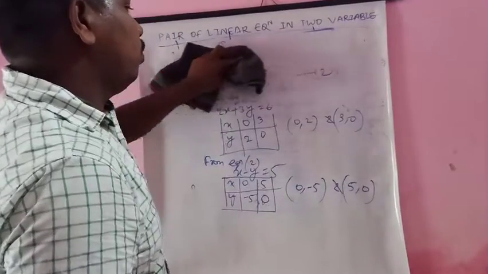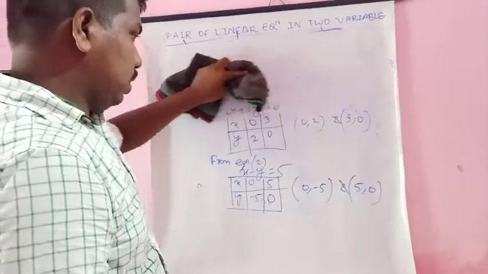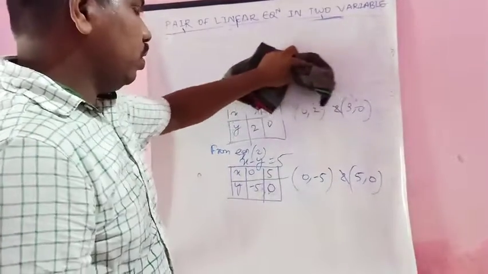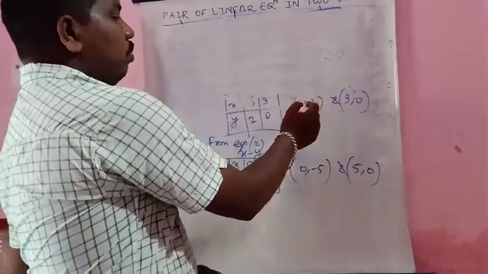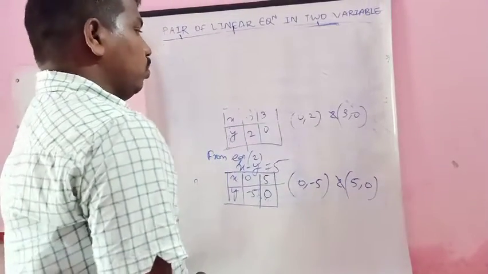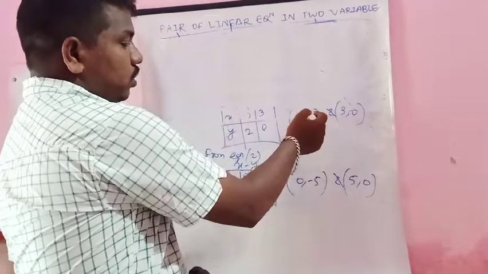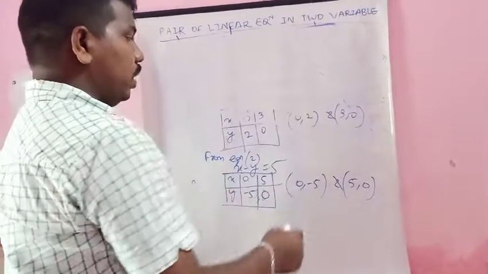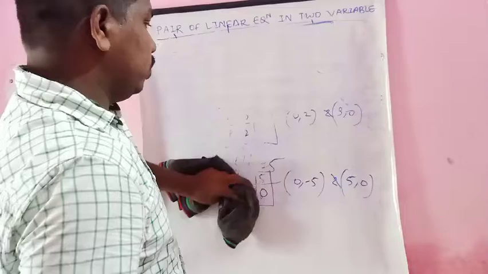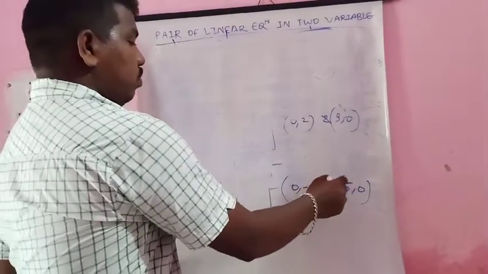So we take the graph paper. You already know from 9th class how to draw the graph. From these points we have to take the maximum value on the x-axis and on the y-axis. Whatever the maximum value may be on the x coordinate or y coordinate, we have to take it on the graph paper. So the points are (0, 2), (3, 0) and (0, -5), (5, 0).